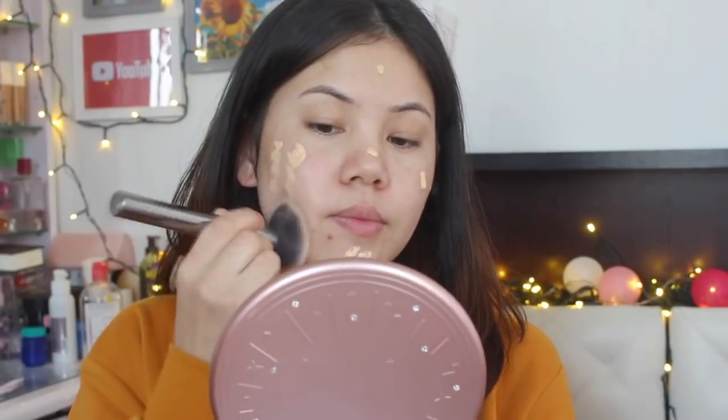So for the foundation, I'm going to take this Benefit Hello Happy Soft Blur Foundation, and I'm on the shade